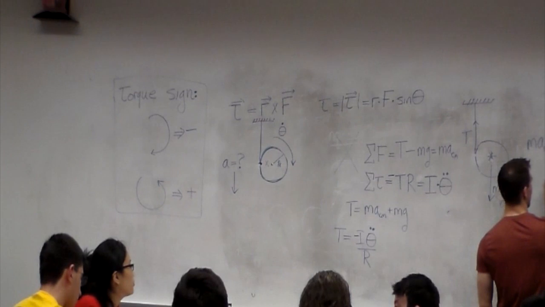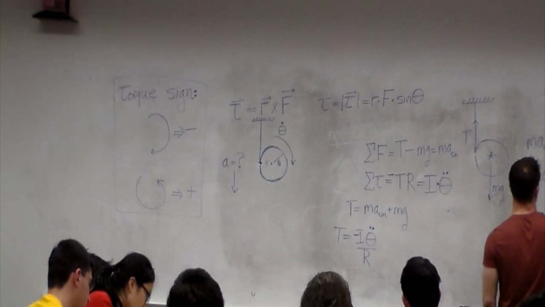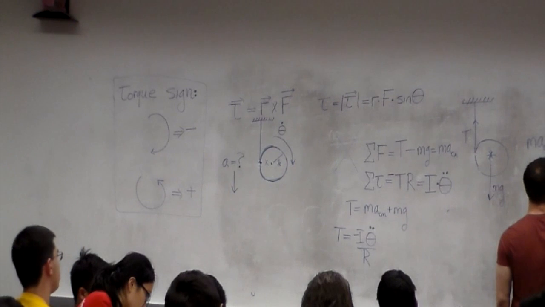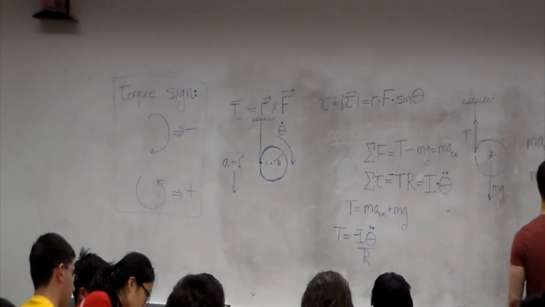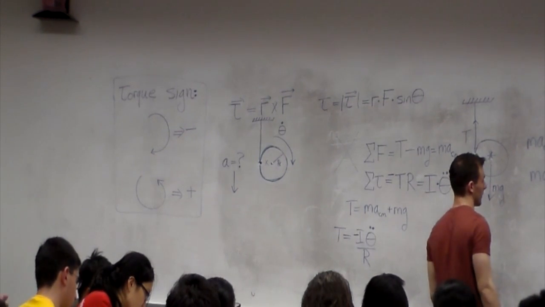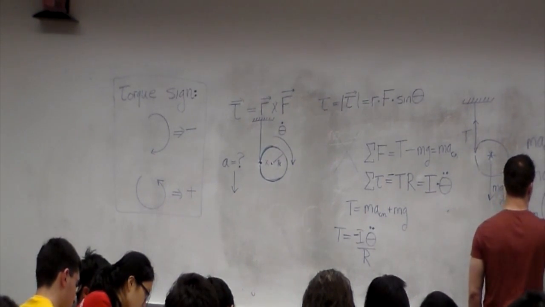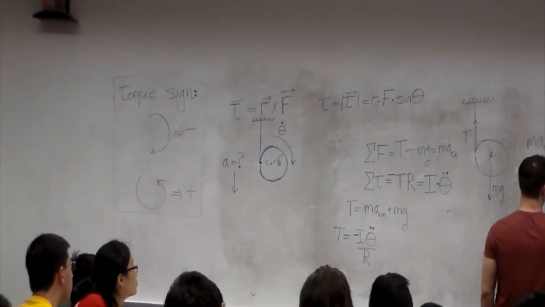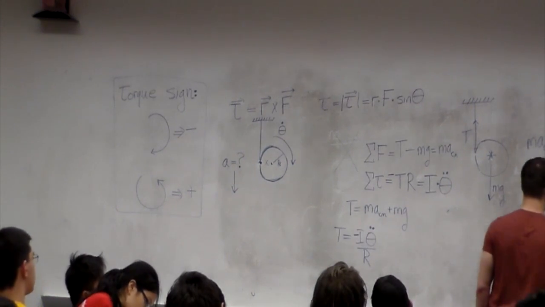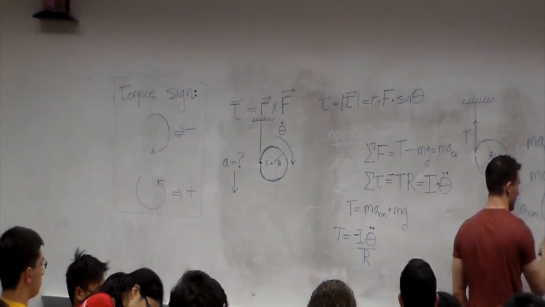So I have to say, all right, m a center mass plus I over R squared times a center mass is equal to minus mg. I can cancel m out and I get that a center mass times 1 plus I over m R squared is equal to minus g. But I over m R squared, as we said before, is equal to